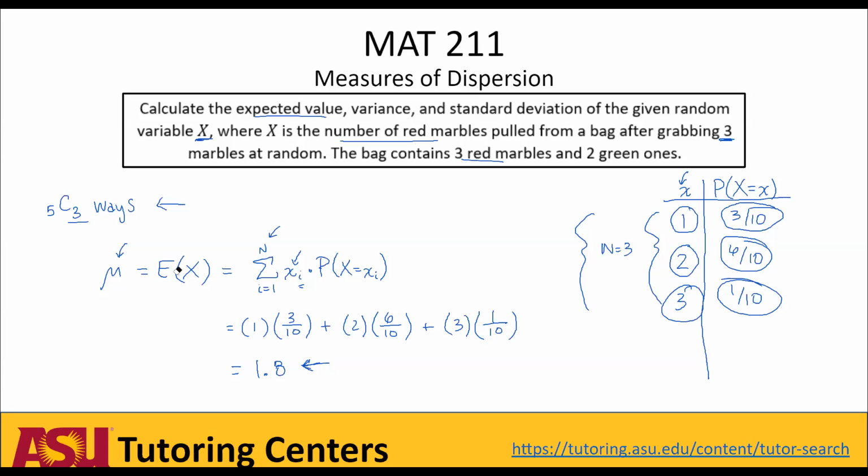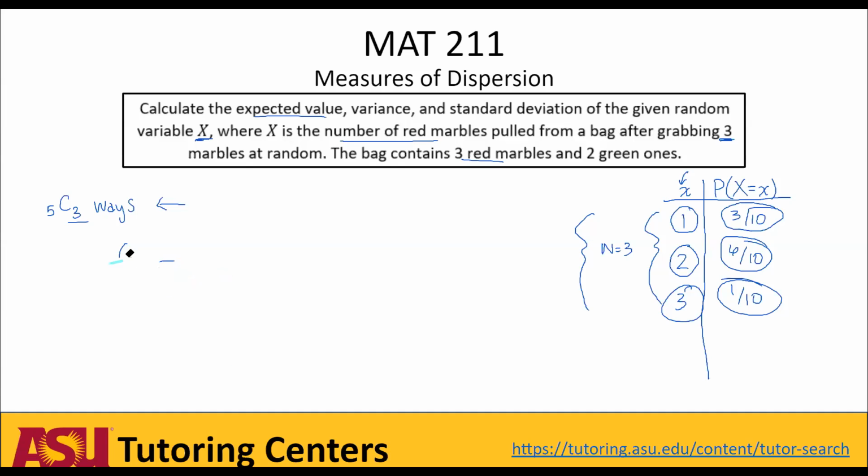So let's go ahead and write this up in the corner. We have that our expected value of x, which is equal to our mean, mu, is equal to 1.8. Next, we want to determine the variance of our distribution. So variance, which we denote as sigma squared,